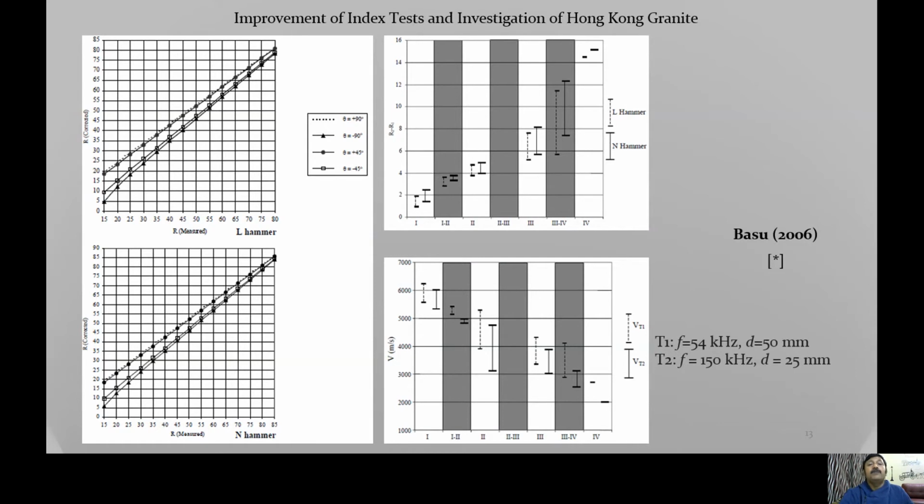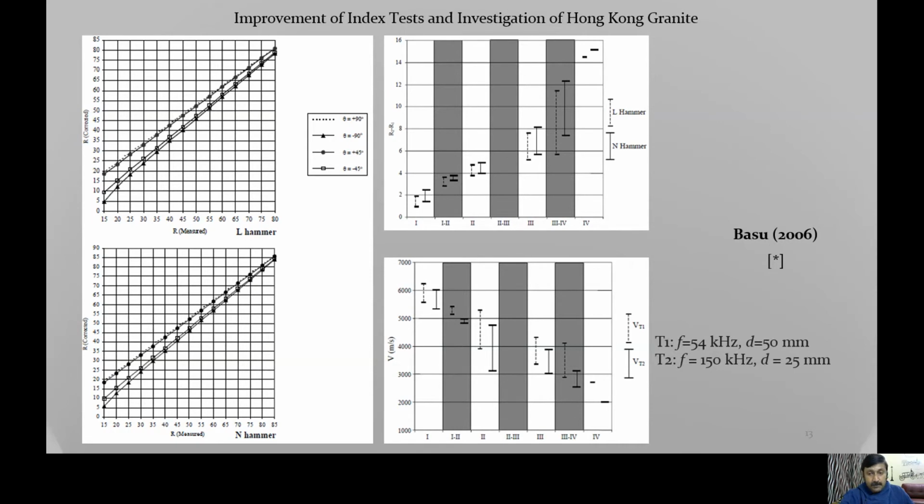And when we compared the N hammer with reference to the L hammer, we found that the N hammer, because of its high impact energy, provides an even better indication than the L hammer